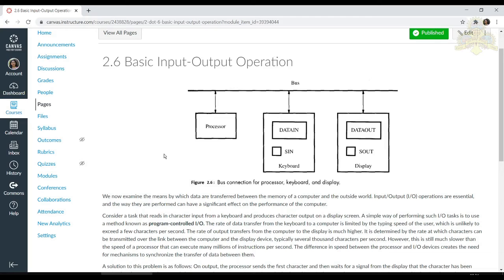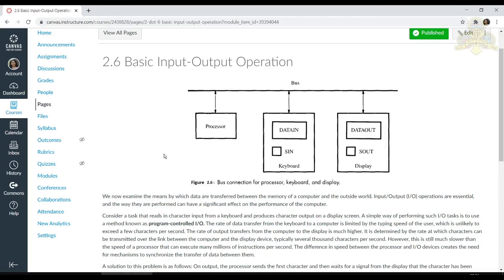Again, this is much slower when we compare it to the processor. Your processor is capable of executing millions of instructions in a second. Now there is a speed difference between your input device, output device, and the processor. So we have to synchronize this entire process.